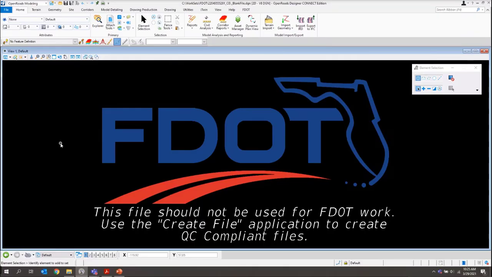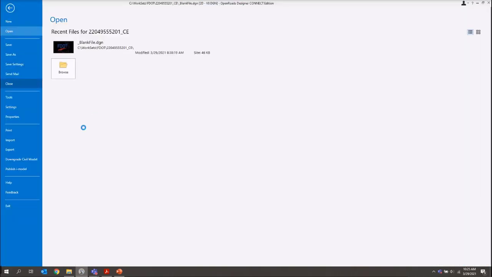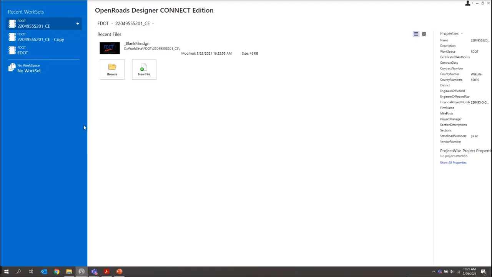So starting in Chapter 1 of the FDOT Connect ORD Plan Development Workflow Guide, first thing we want to do is use the FDOT Connect for OpenRoads Designer icon on your desktop to launch the program. And I've already got it open, but let me close this so that once we open the product, we want to set our workspace to FDOT, make sure that's set there.